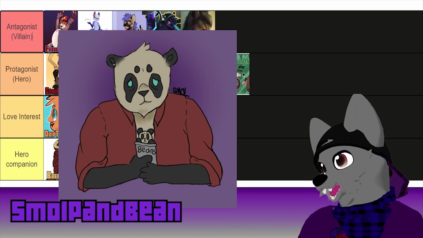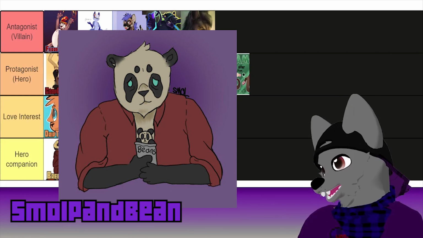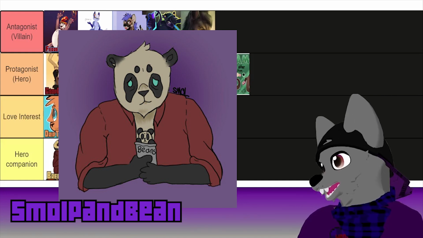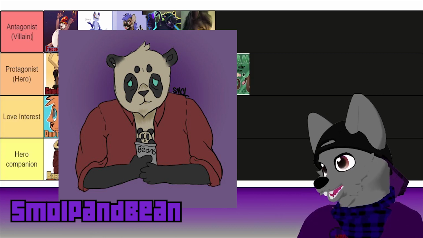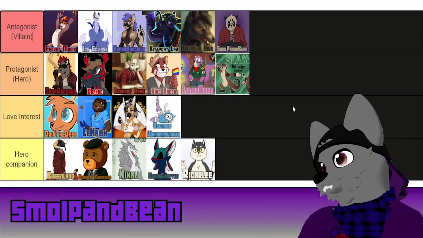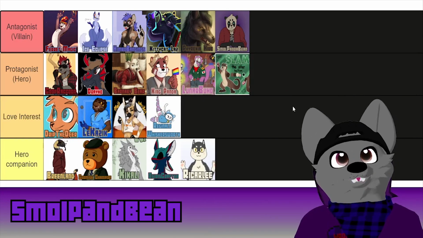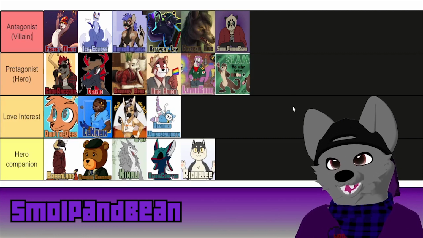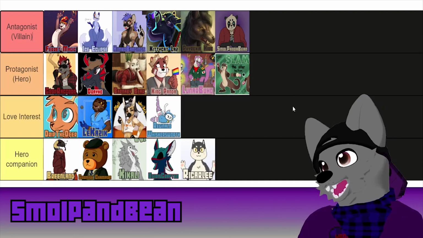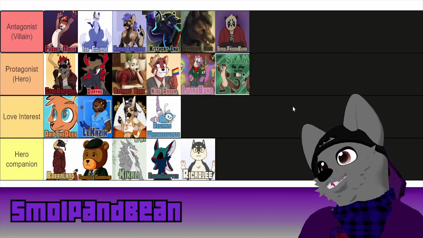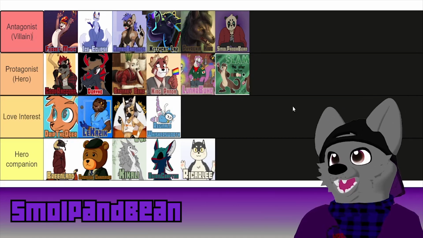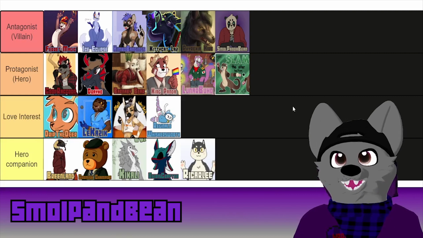Next up we have Small Panda Bean, and this is actually the first time I'm seeing Small Panda Bean's Sona, and from looks alone, just from the blue eyes, I can actually imagine them to be the villain. I feel like they'd be almost like a business villain, the leader of a mafia organization. They're gonna hate me for this, but I can imagine them being the leader of a mafia,